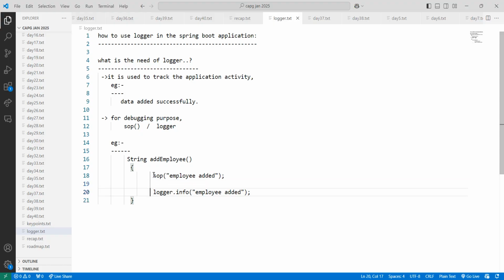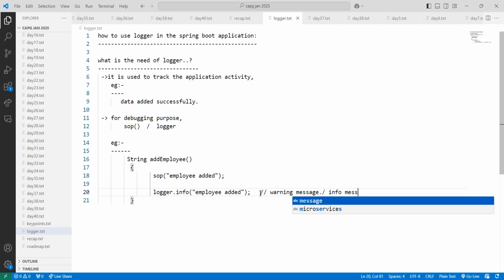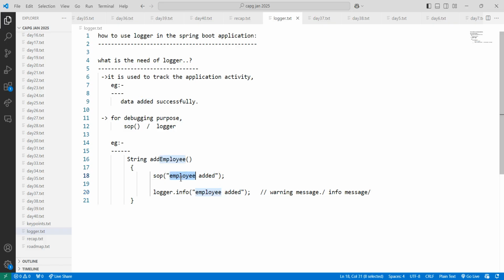Here in print it is just a print message, but in Logger you can tell what type of message it is, its category, its severity. Whether it is a warning message or an info message, every message you can set some level, but in a print statement you cannot set these levels. It's just a print statement.